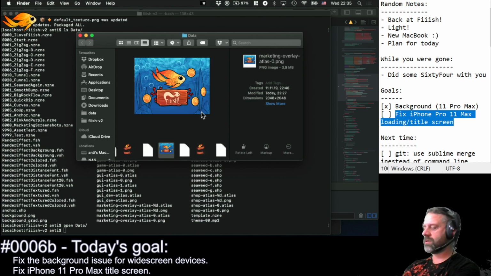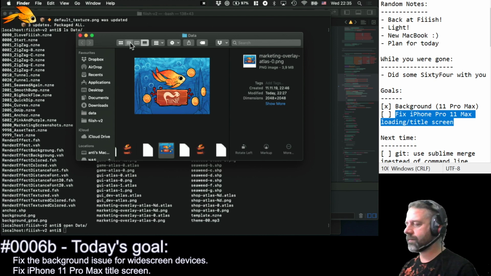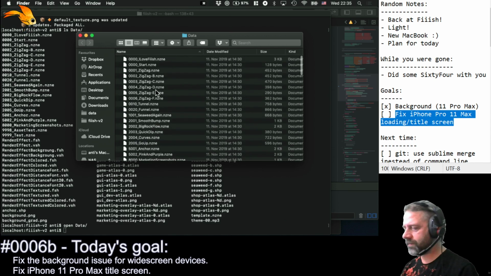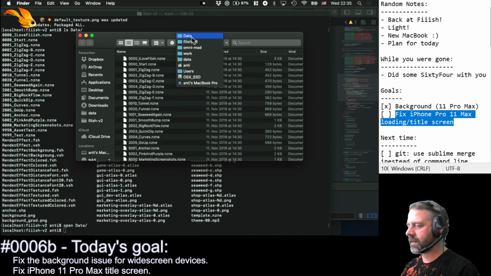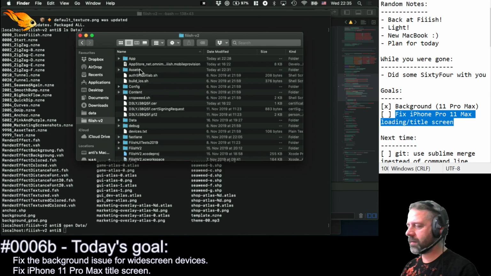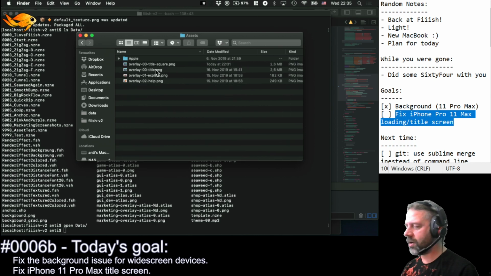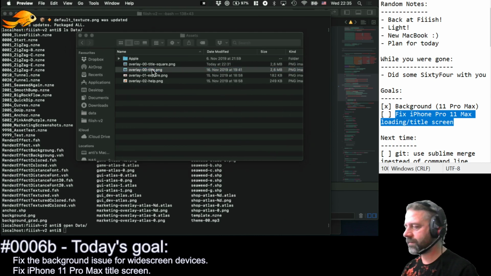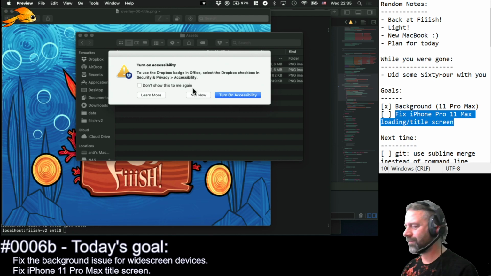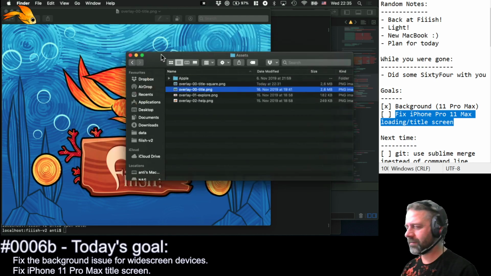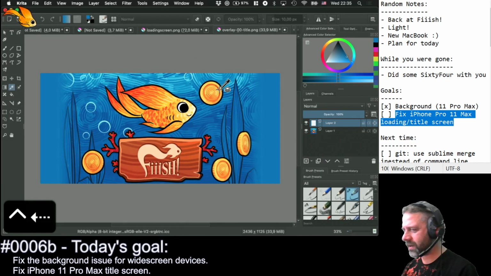Why is this not rebuilt? Let's go up. We said it's assets, overlay title, right? Where did I save this? Where did I